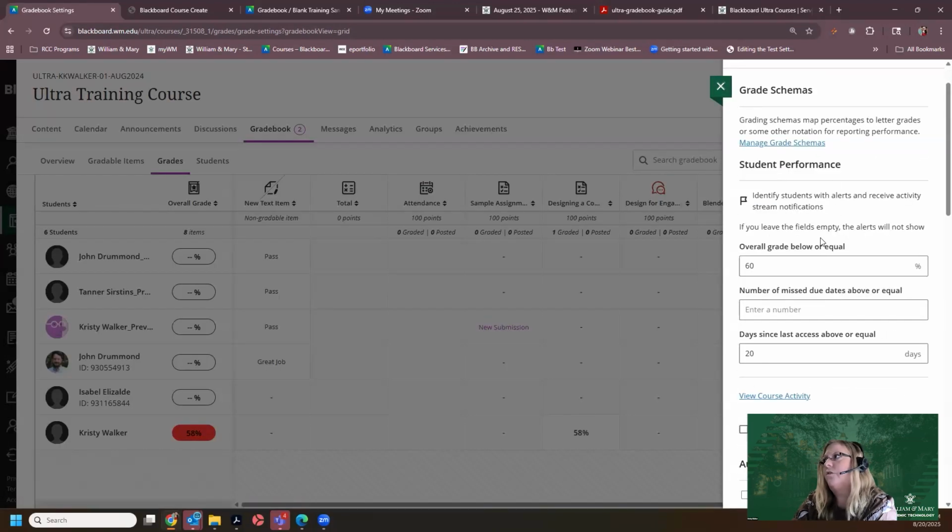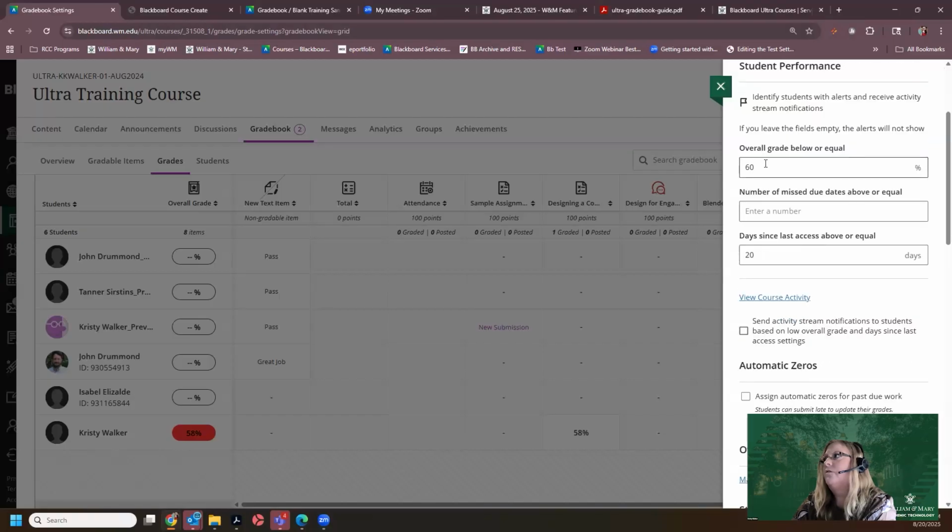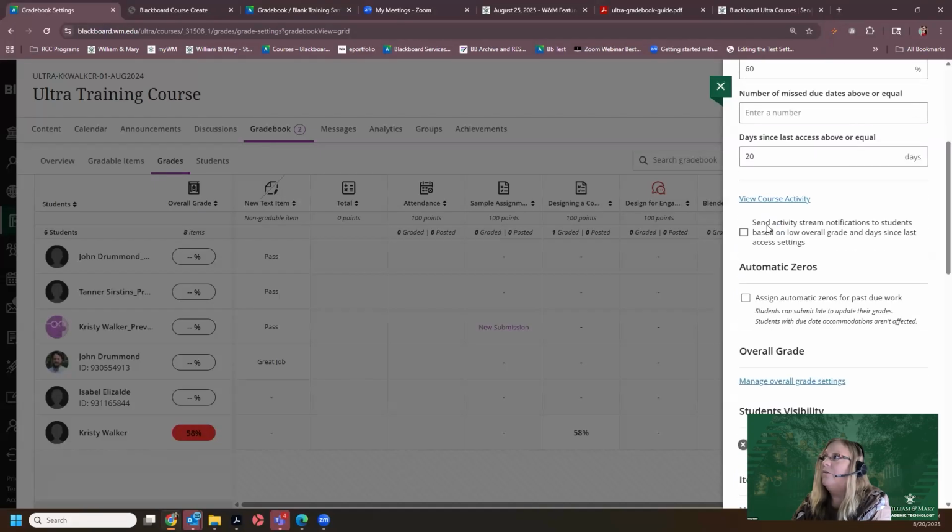You can set up student performance. You can do it based on percentages for your overall grade. You could say number of days. So if someone hasn't logged into the course, say in 10, 20 days, you can set up alert notification that you'll see in the Grade Center. You can also choose to have it sent to the student's activity stream as a notification automatically